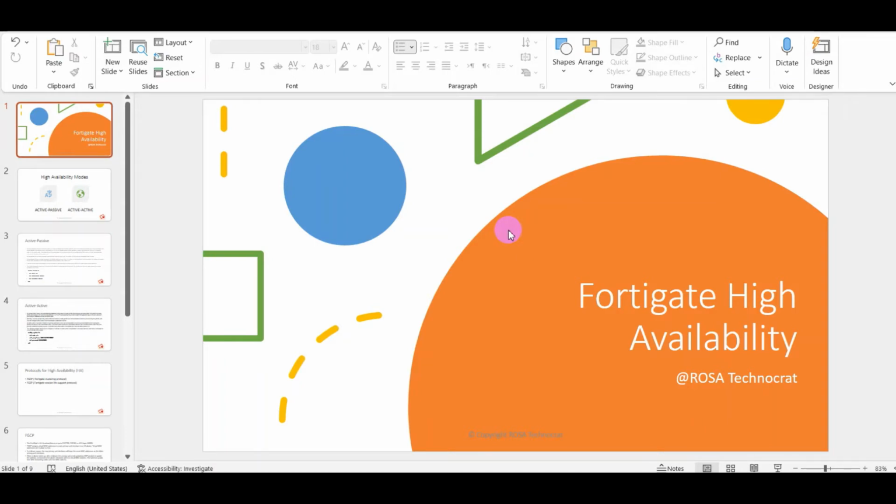I will be showing you all these on my lab firewalls, where we are going to configure a new HA setup. I'm going to show you all the differences between the modes. I'm going to tell you about the prerequisites or the considerations that you should take care of while configuring